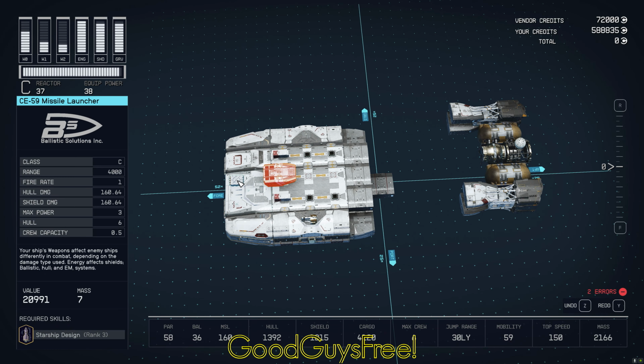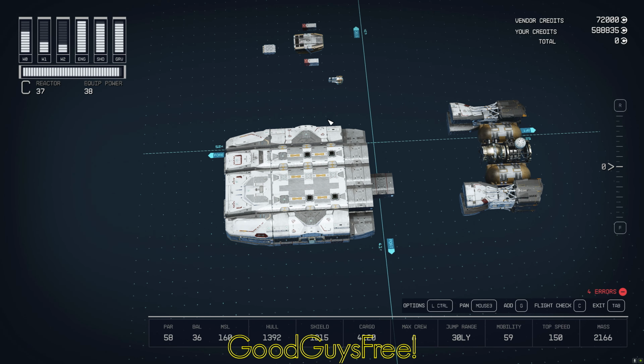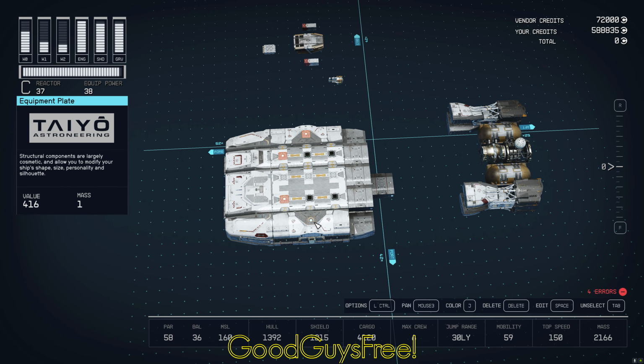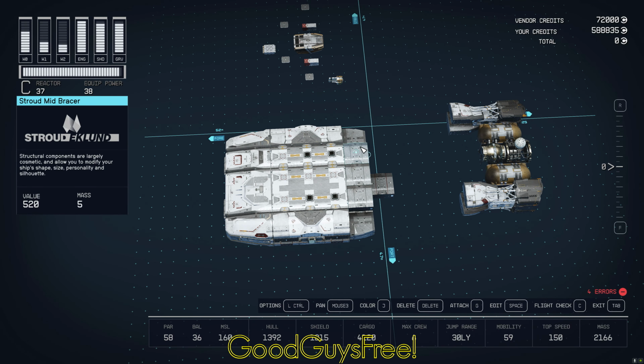The cockpit is a Kontiki B310 bridge, providing 320 cargo and giving 4 crew stations. Let's move these things aside. We have some equipment plates here. Let's move them also. Here on the top layer, we see lots of Stroud mid bracers, some cowlings, starboard fore top caps, nose caps,